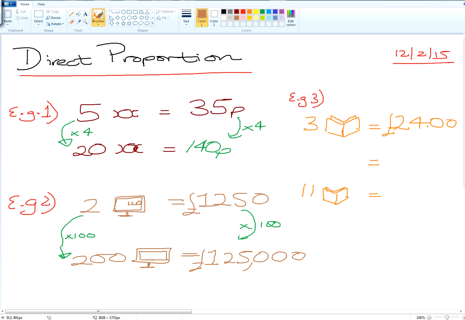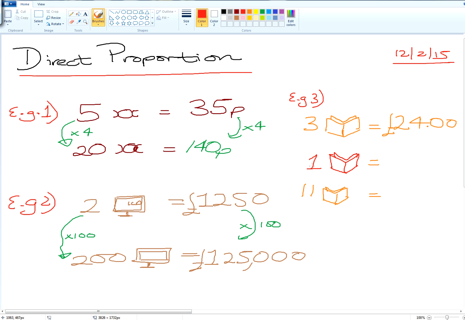Okay, so those two questions are nice and quite easy. And let's have a look at example number 3. It's a little bit different. It's a 2-step question. Now, 3 books are being sold in Waterstones for £24. We need to work out the cost of 11 books. Before we work out the cost of 11 books, we first of all need to work out the cost of 1 book. Because at the moment, the number 3 and the number 11,